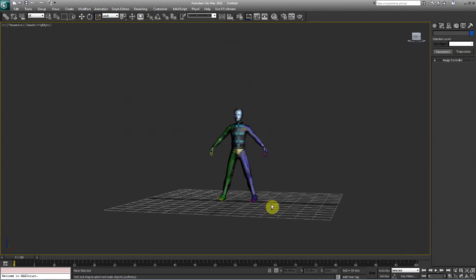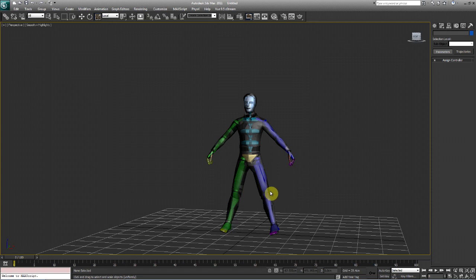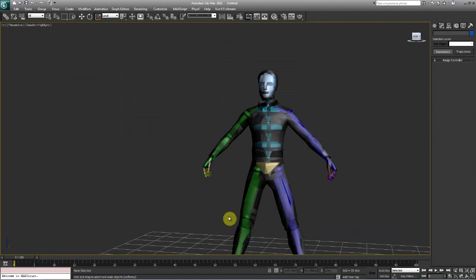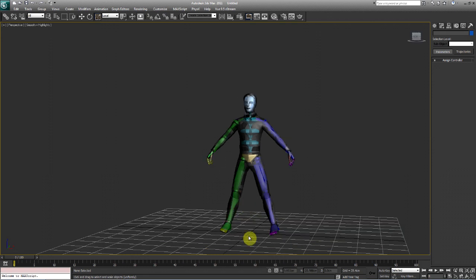Okay, so we got all this done. So basically what we did, let's do a quick overview together. We lined up our bones, we scaled them, we made them pose directly with the mesh, and now we have bones that are posed with the mesh. We can't do anything yet because we need to add a modifier now. So let's go ahead and work on that.